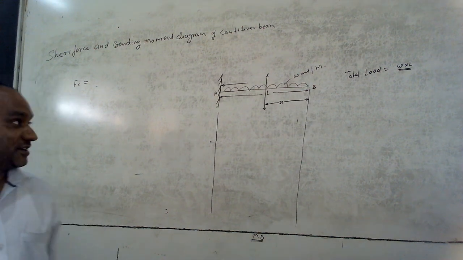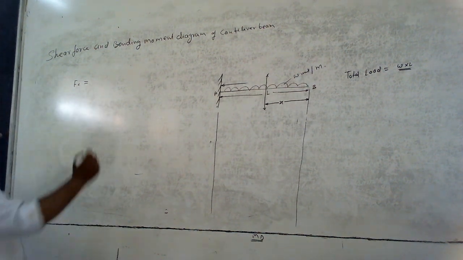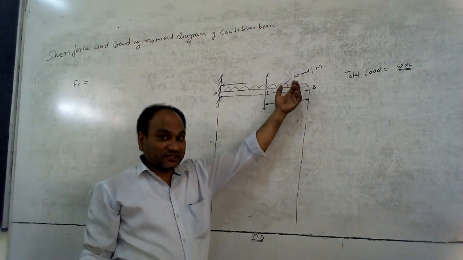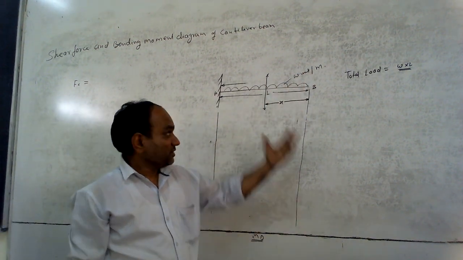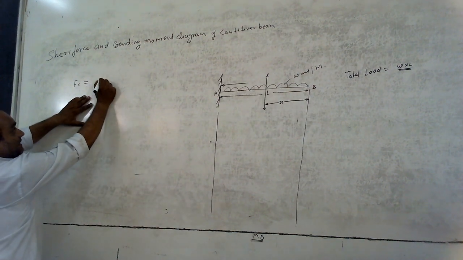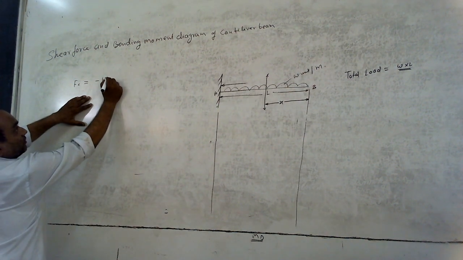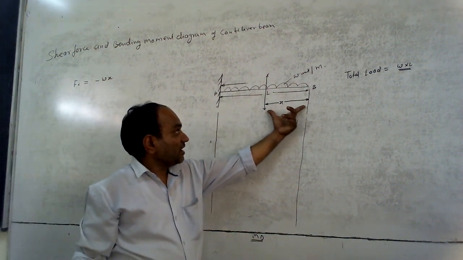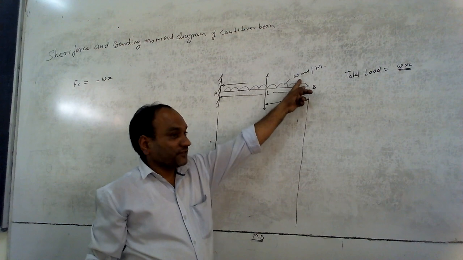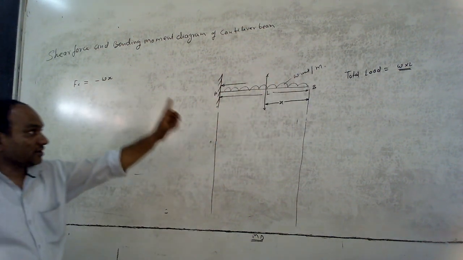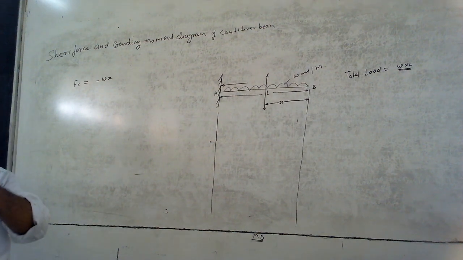Very nice. Fx equal to, this will be the downward force. The total force is acting downward. It means the total value will be minus W into x, because this length is x and the force intensity is W. So W into x, this is acting downward,